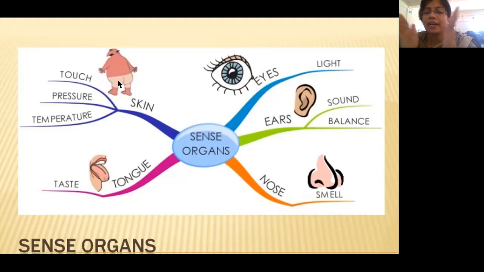Your tongue is divided into different parts. Can you see that? No, but eventually you will be learning about the different parts of the tongue also. But as of now, remember that your tongue and those buds which you are able to see on your tongue are the reasons for tasting different food items.